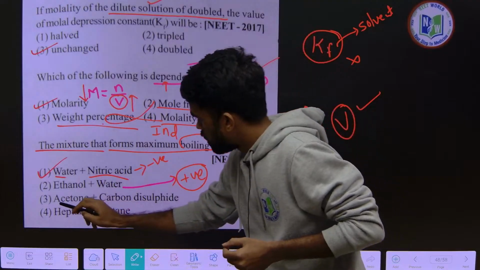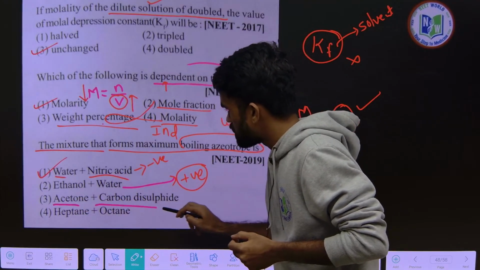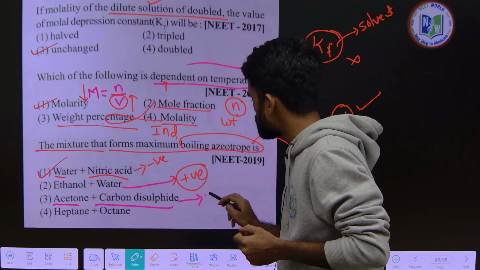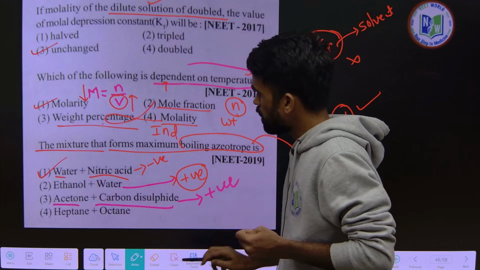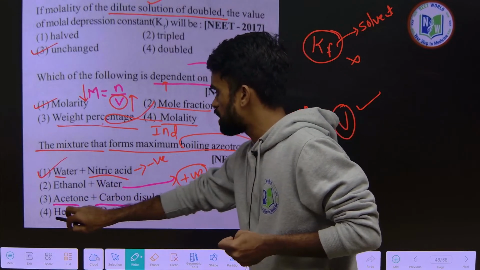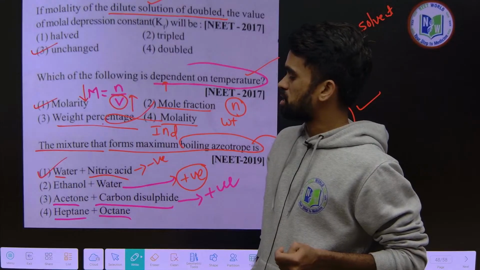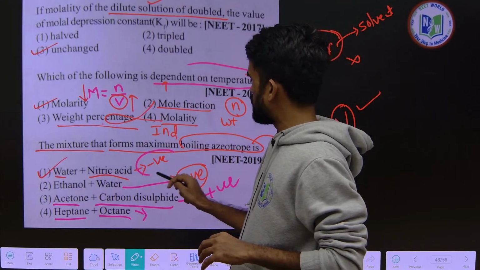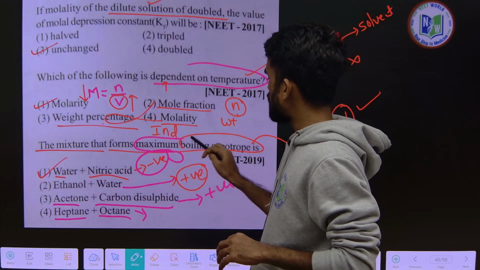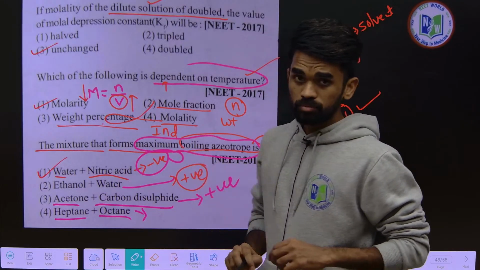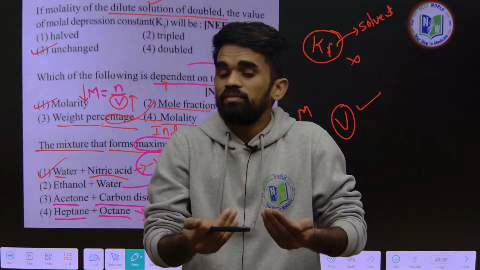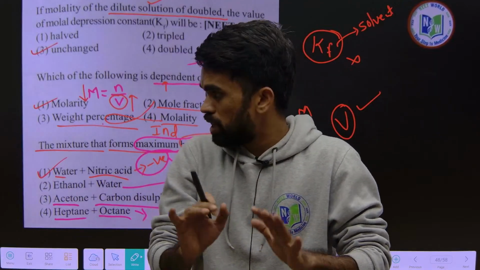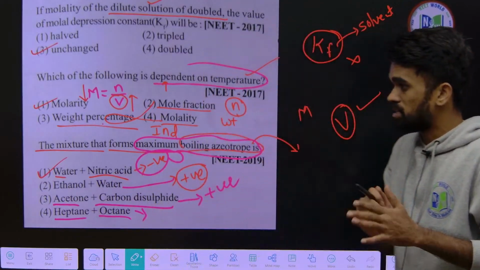Next, acetone plus carbon disulfide will also form positive deviation. And heptane and octane both have similar intermolecular forces, therefore it forms an ideal solution. So only negatively deviated solutions will form maximum boiling azeotropes. Positively deviated solutions form minimum boiling azeotropes. That's it. Very simple, guys. Next,